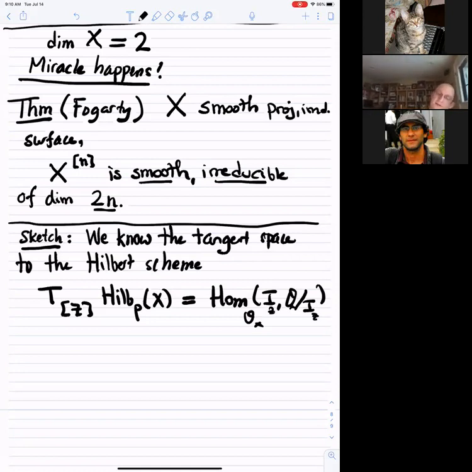I'm not going to tell you how you get this, but that's not that difficult if you set up the theory right. So how do we think about the Zariski tangent space to a scheme? Maybe let me explain a tiny bit. The Zariski tangent space to a scheme is given by the homomorphisms from Spec C[epsilon]/(epsilon squared),